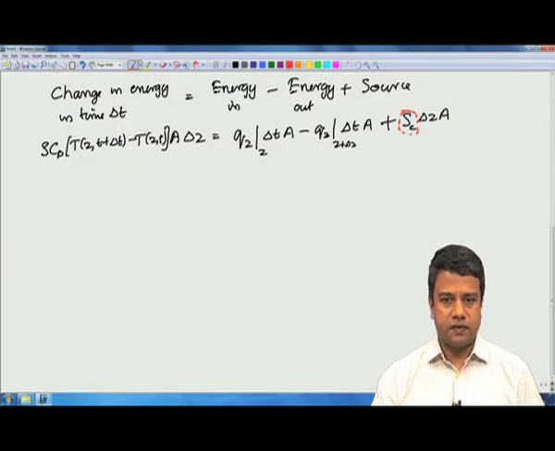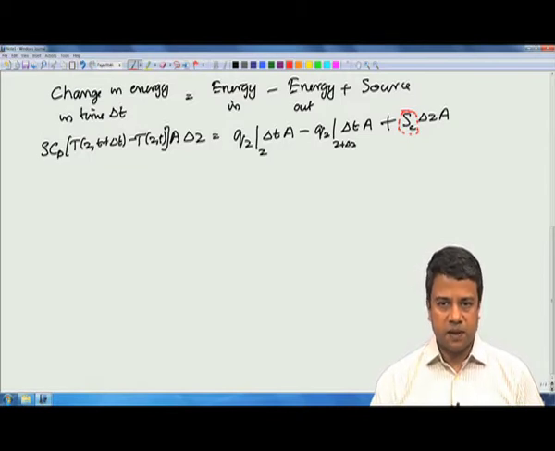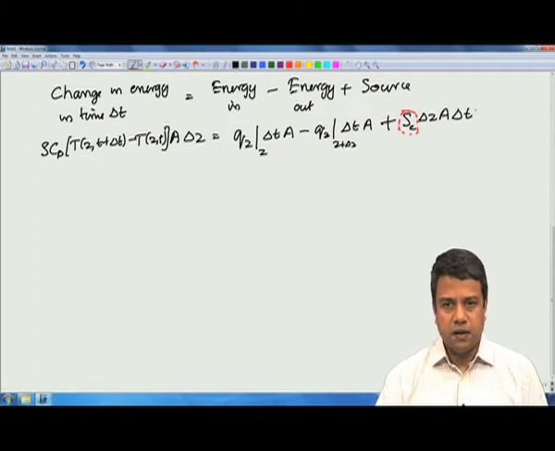Okay. So, for example, if you have a certain reaction taking place, there is a certain amount of energy that is generated per unit volume of the fluid depending upon the concentration of the reactants per unit time. So, that has to be multiplied by the volume and by the time delta t. Okay. So, that is a fundamental balance equation.